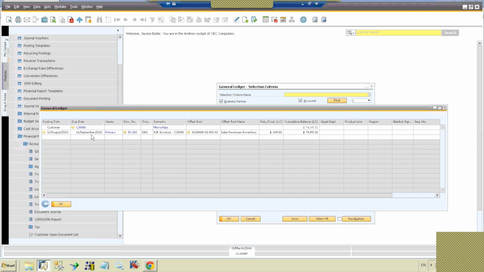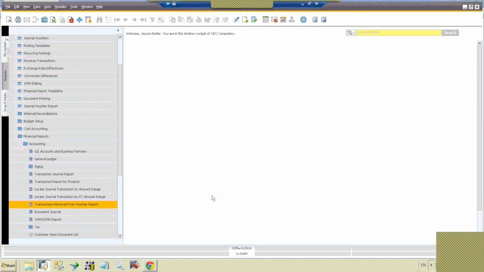The offset name is Sales and Revenue, okay, and now what I need everyone to do is pretend that we know nothing about this except for the value, $649.50. We're going to go and hunt it up, so that's step one, and that's the imaginary step. So now, your boss comes to you and says, you know what, the $649, can you tell me about that? So, let's go to Financials, Reports, Accounting,